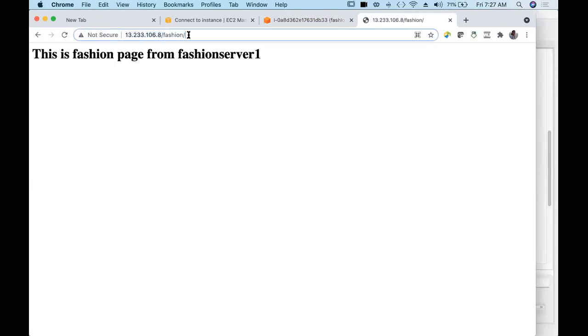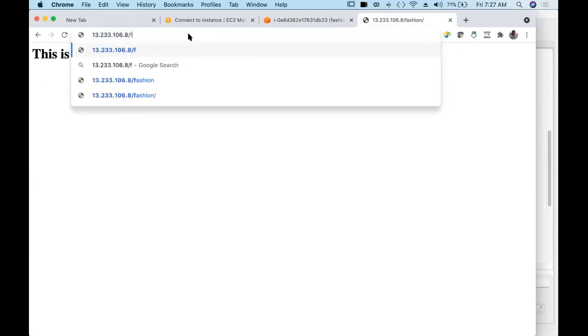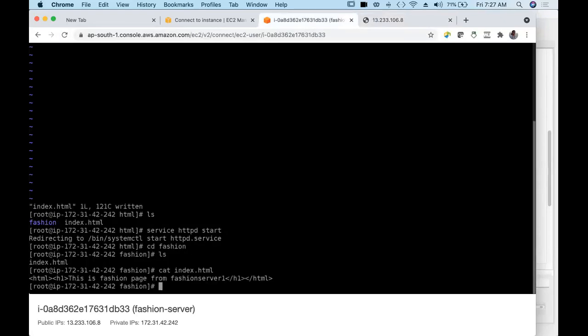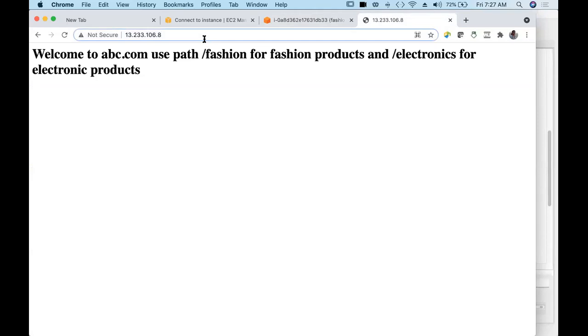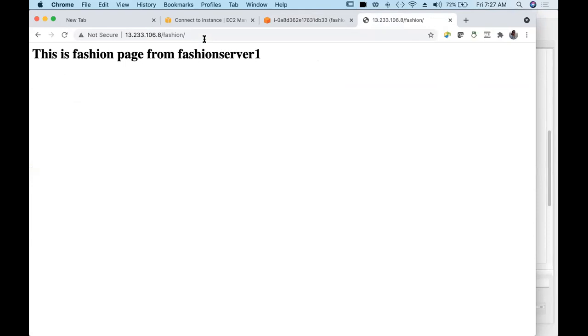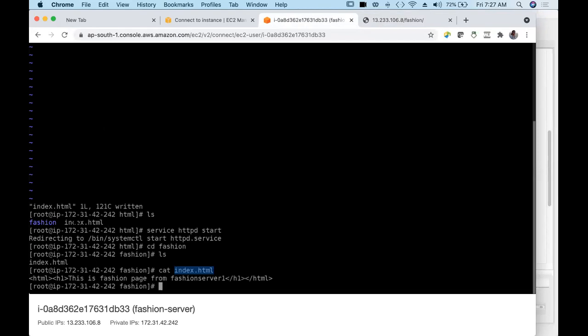One is the default index.html without any path. If I give this IP address, it will go to this one. And inside fashion, I have, see, I'm in the fashion path, right? In this fashion folder, I have index.html. So when I say slash fashion, that index.html page will come. If you are getting the Apache test server page, that means you don't have this index.html.